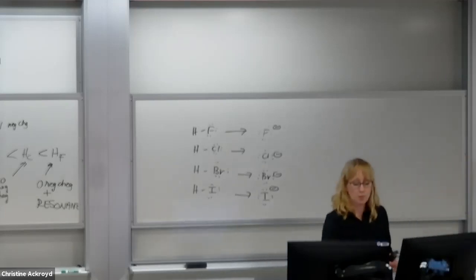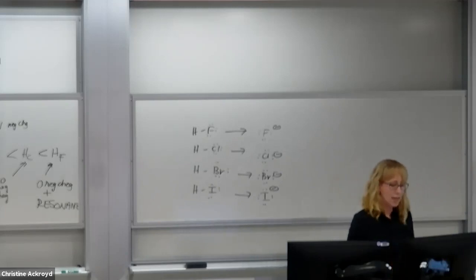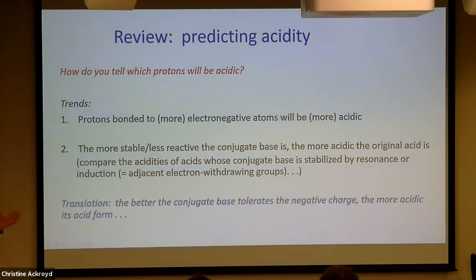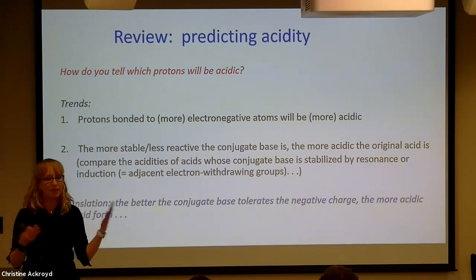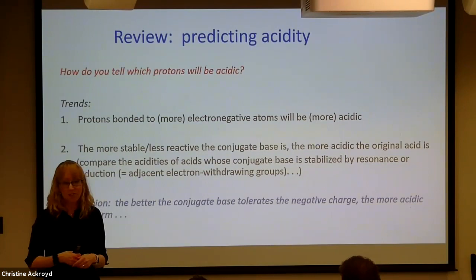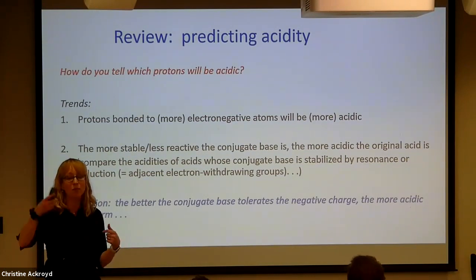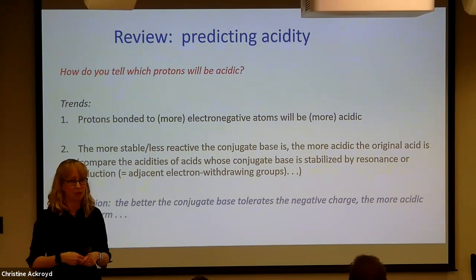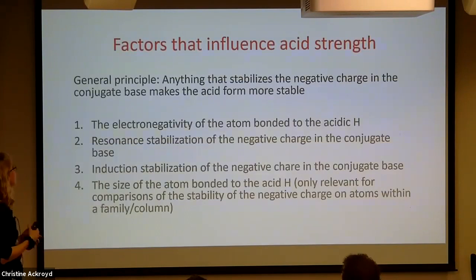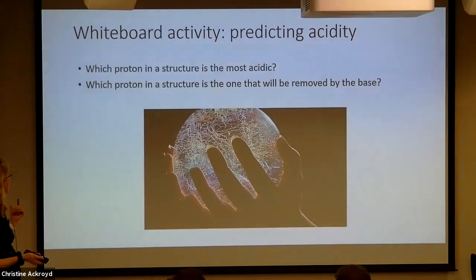Okay, that was probably longer than any of you wanted to spend on that. Perhaps helpful. Okay. Really what we're saying is examine the stability of the negative charge in the conjugate base and everything that can affect it. The more stable the conjugate base, what happens to the acidity of that proton? Goes up, which is another way of saying the acidity of the conjugate acid goes up. Okay, we talked about those.